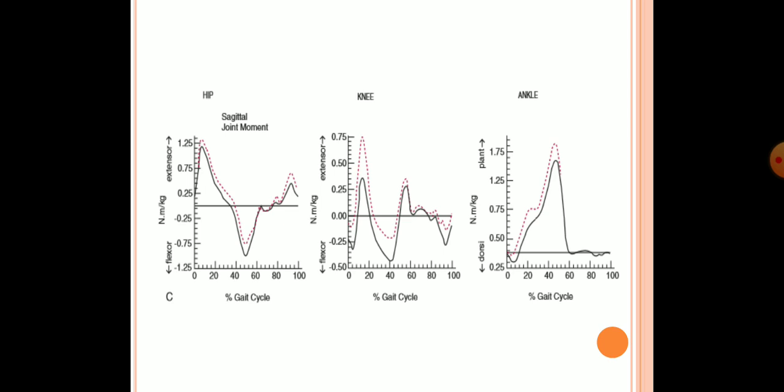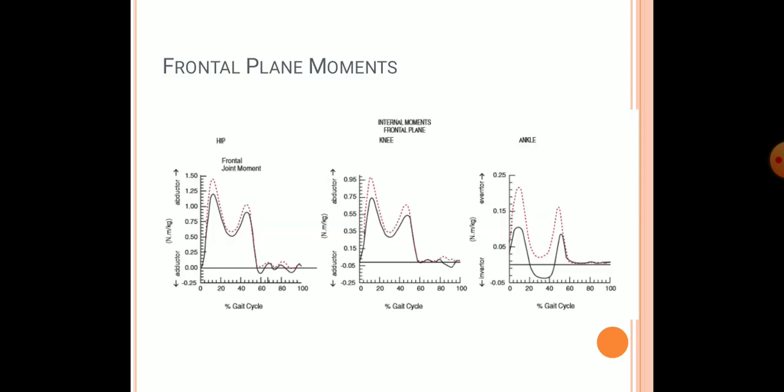That means it will give you a larger amount of plantar flexor moment, or there is a high requirement for the plantar flexor moment than dorsiflexion. So the dorsiflexion is mainly happening in the initial and the late gait cycle, but during the rest of the gait cycle the plantar flexor moment is the one which is actually giving a proper progression of the gait cycle. And this is the frontal plane movement.